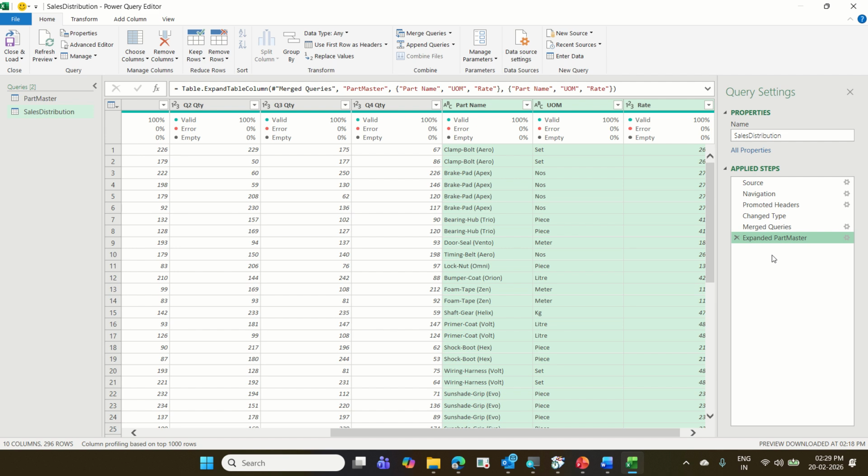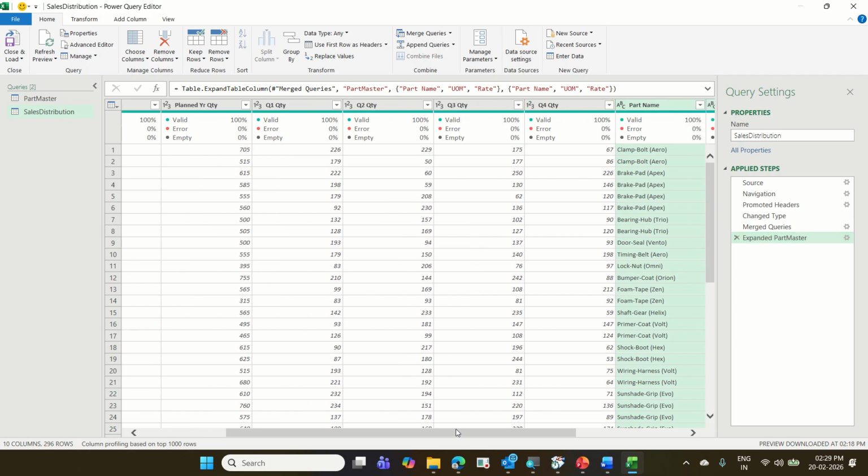Concatenation, combining and splitting. Combining date and month we combined, name and title we have combined, split also. Let us see other formulas. What are all the other formulas you can do in Power Query without disturbing Excel? For example, let me take this Q1. Q1 quantity, Q2 quantity, Q3 quantity, Q4 quantity. I want to sum up this Q1, Q2, Q3, Q4 and I want to get another extra column